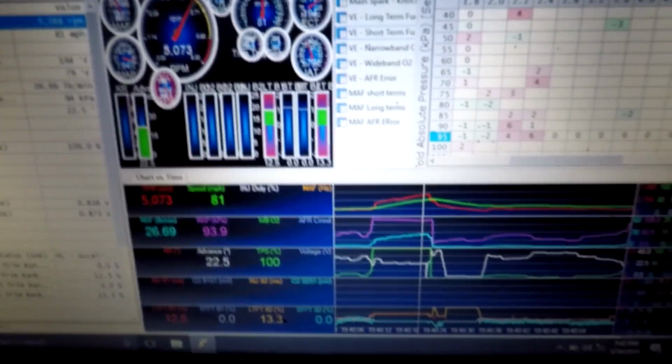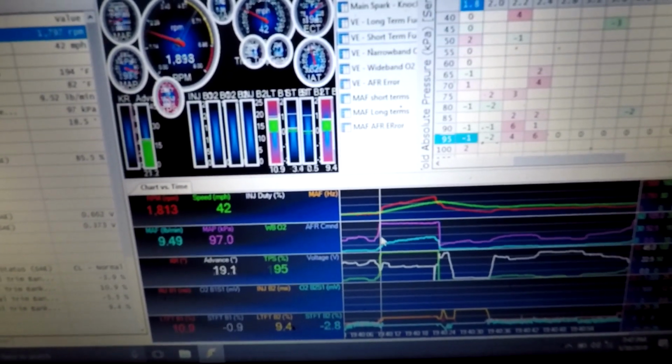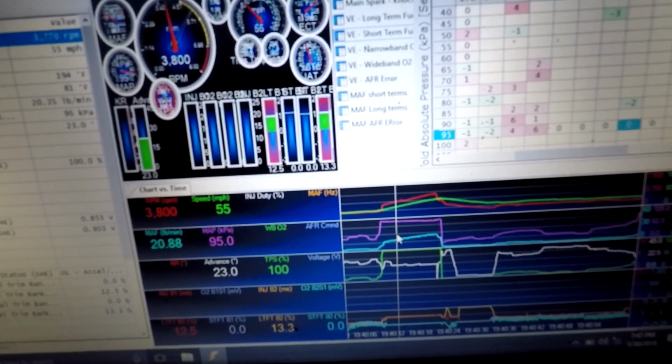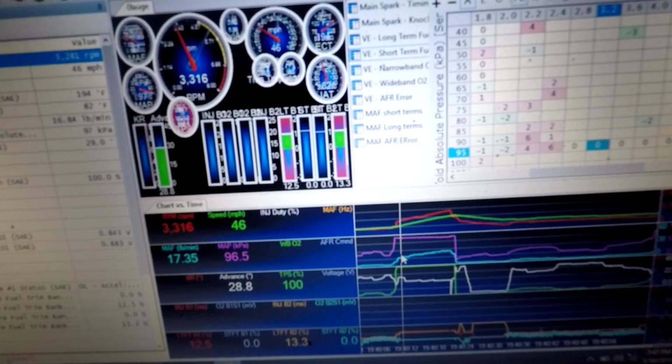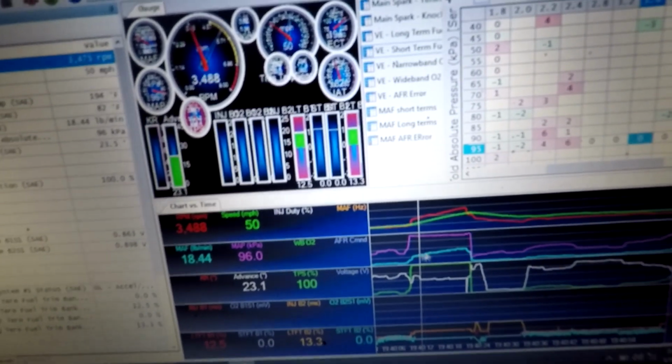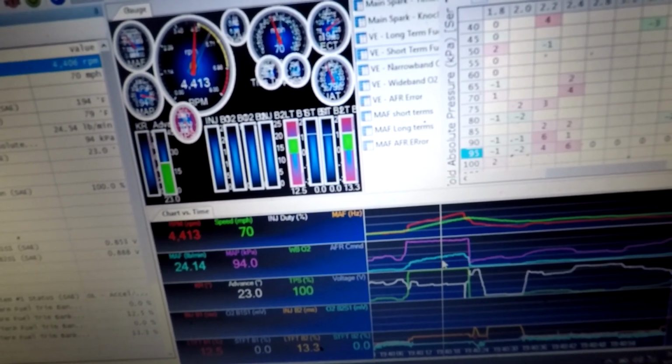Alright guys, so this is the data log that I'm going over for you quick. This is just a quick second gear pull. We stood on her. She came into power pretty good. As soon as it downshifted, it had like 28 degrees of ignition, and then as the pull drags on, it drops ignition down to like 22, 23 degrees,